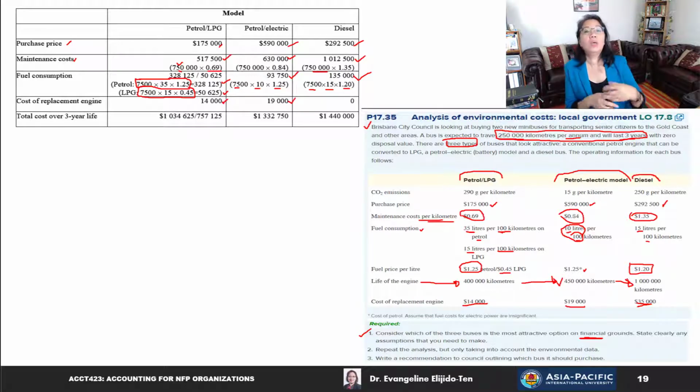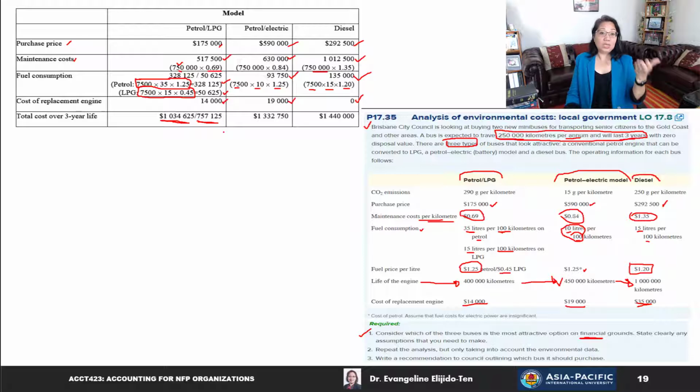So that means there's no need to incur any cost to replace the engine in the diesel option. All right, so once we've done all that, we'll just total up, and the total cost for running the bus using diesel is 1,440,000. For petrol electric it is 1,332,750, and for petrol it is 1,034,625. But if we use the LPG, the gas, it's a lot cheaper,